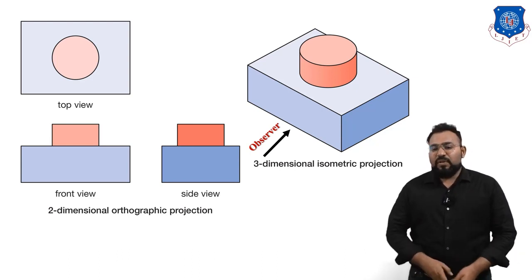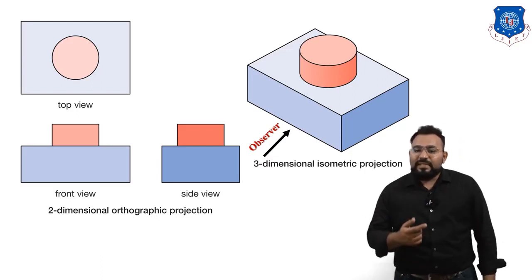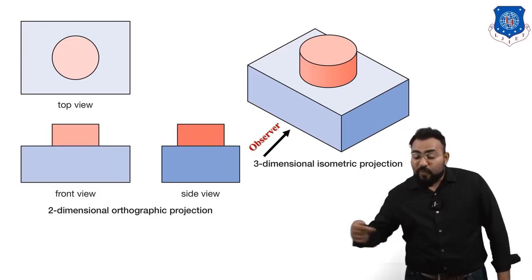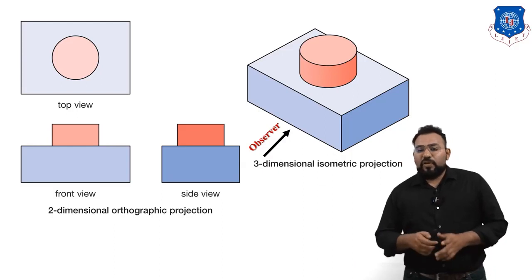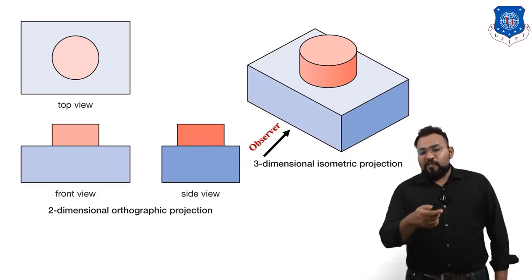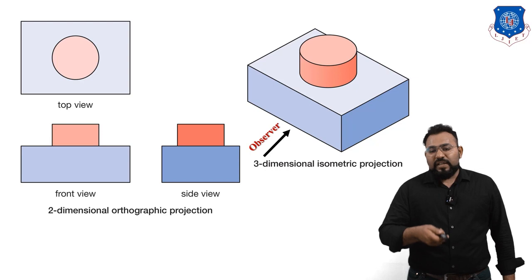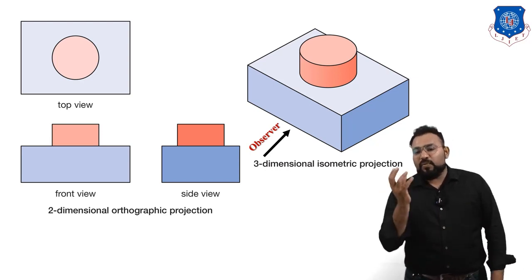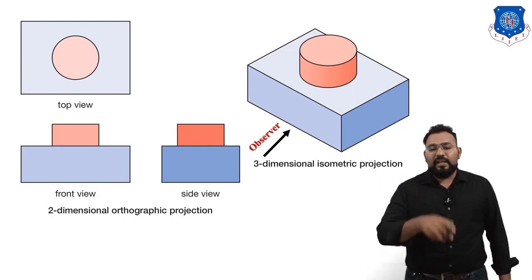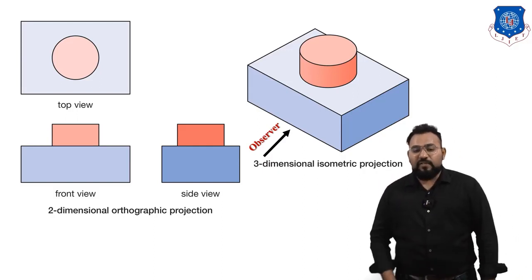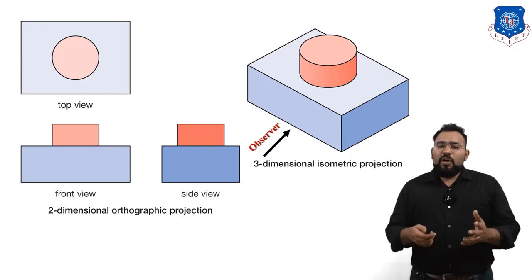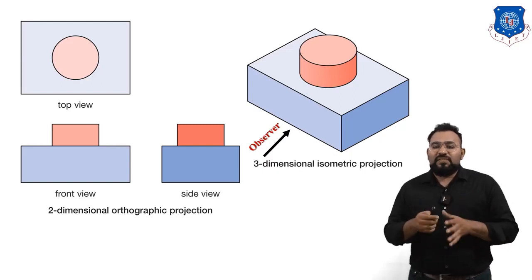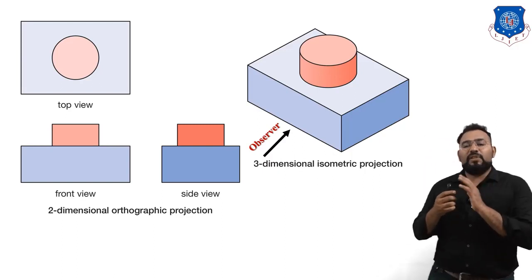Now the side view. Let's say they are asking for the right hand side view. So you have to see this object from the right hand side. When you look from the right hand side, the side view is going to look like this on your screen. It will be one big rectangle, and the top portion, which is circular, will also look like a rectangle. So the side view, as you can see on your screen, will be something like that. This is all about visualization, how well you can visualize the object.